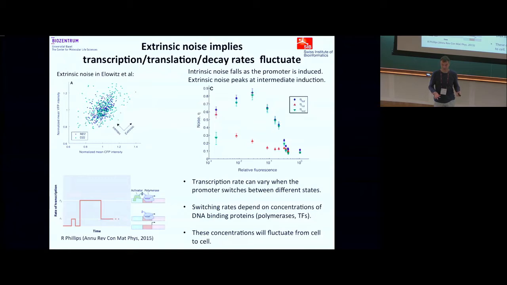This will increase the noise. And if the concentration of this activator fluctuates from cell to cell, then the amount of time that the promoter is going to be in the bound state also fluctuates from cell to cell, and this will lead to the increase of extrinsic noise. All right, so that's our